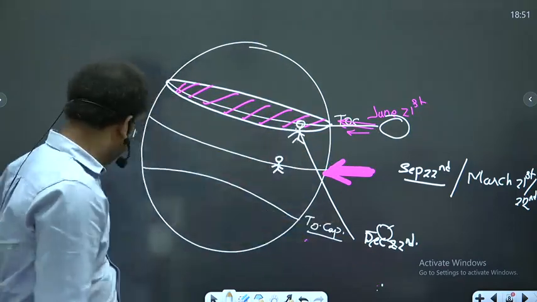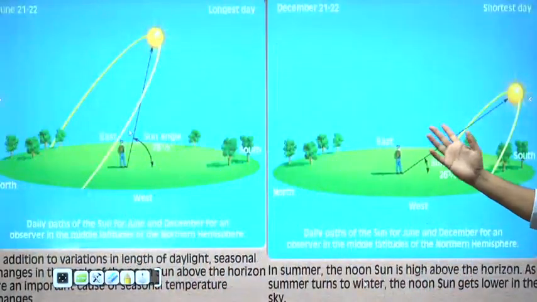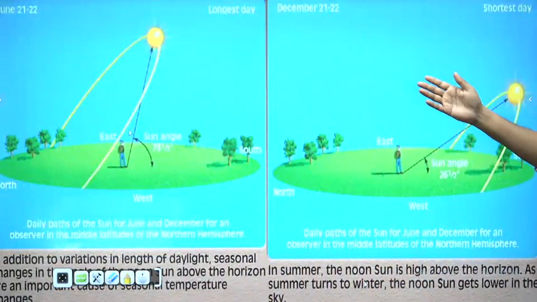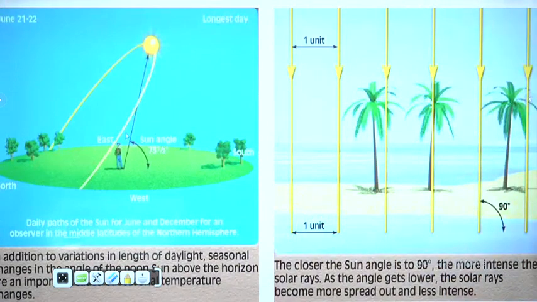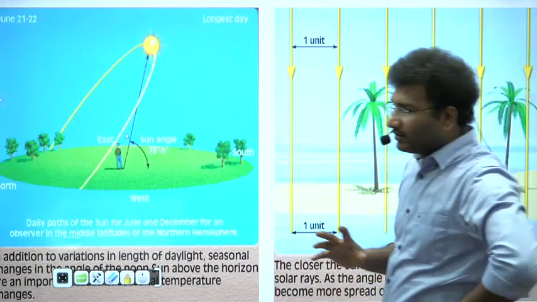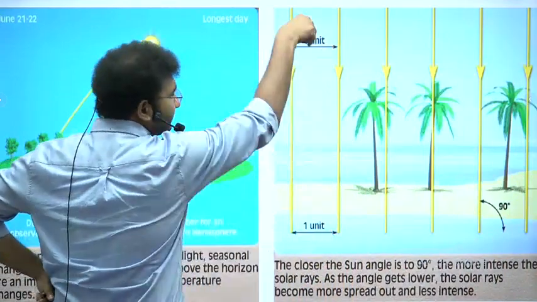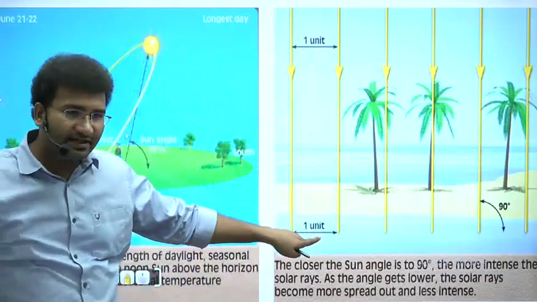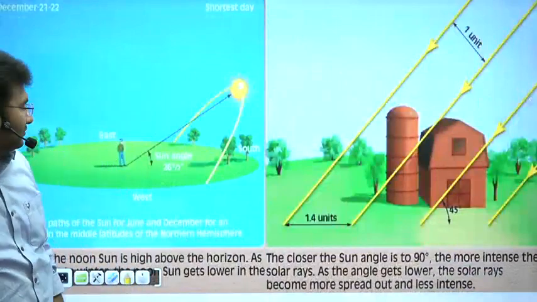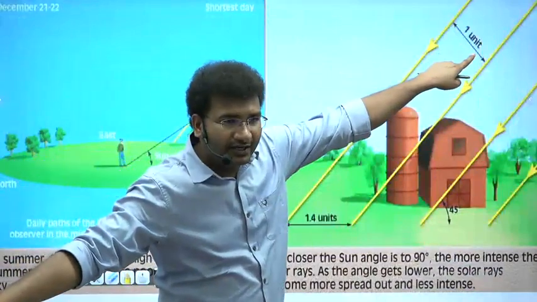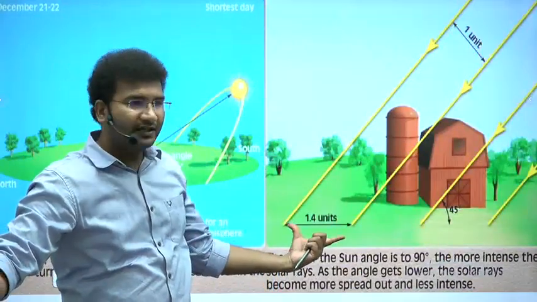The same diagram is shown like this. There is an angle, right? So this is called the apparent movement of the sun. This diagram will try to explain that for 1 unit, this part of the area, the sun's rays are directly coming and this area will receive a certain amount of heat, right? But when 1 unit of heat is coming in a slanting way, this part of the area will receive